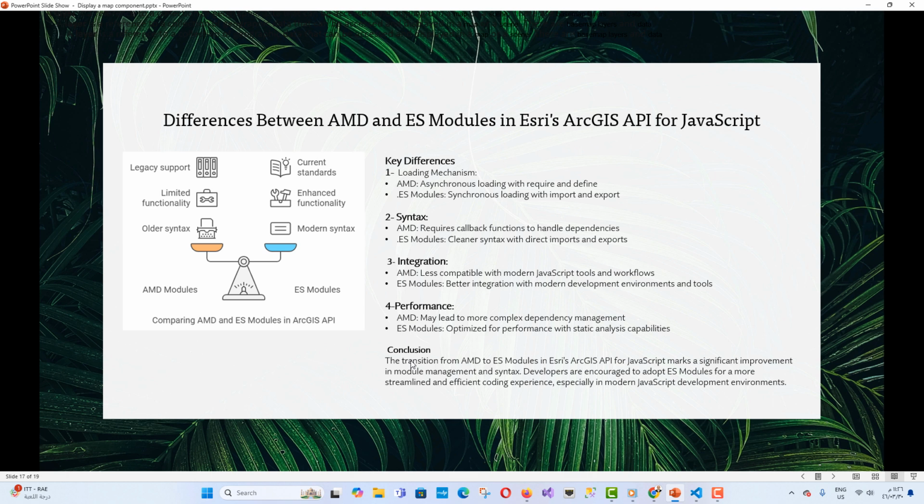The transition from AMD to ES modules in Esri's ArcGIS API for JavaScript marks a significant improvement in module management and syntax. Developers are encouraged to adopt ES modules for a more streamlined and efficient coding experience, especially in modern JavaScript development environments. The ArcGIS Maps SDK for JavaScript is available as AMD modules and ES modules, but this tutorial